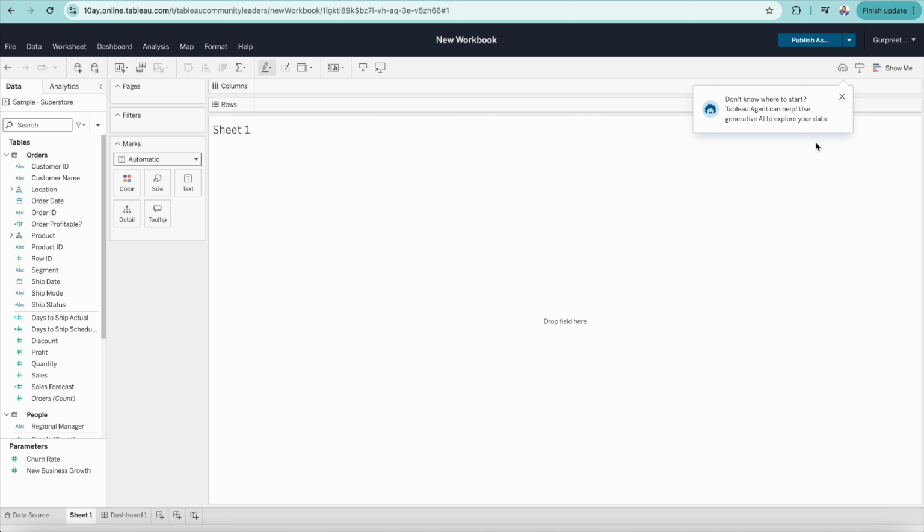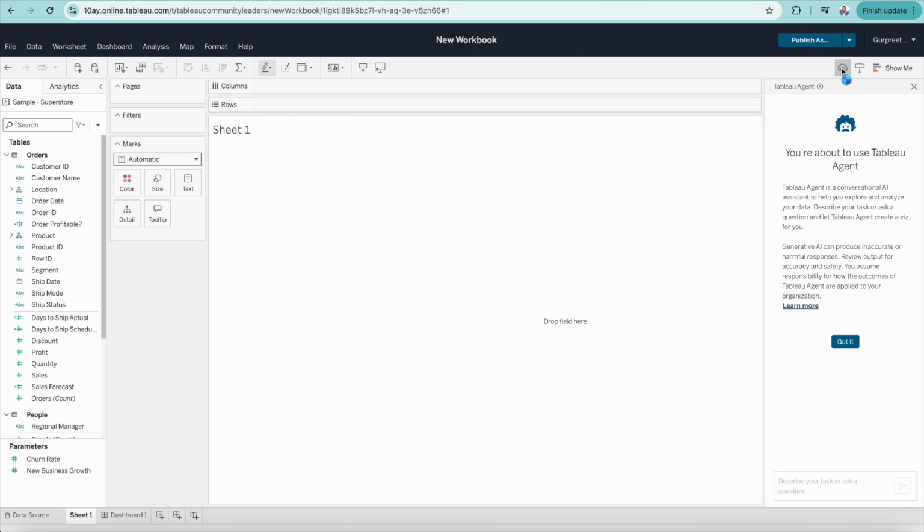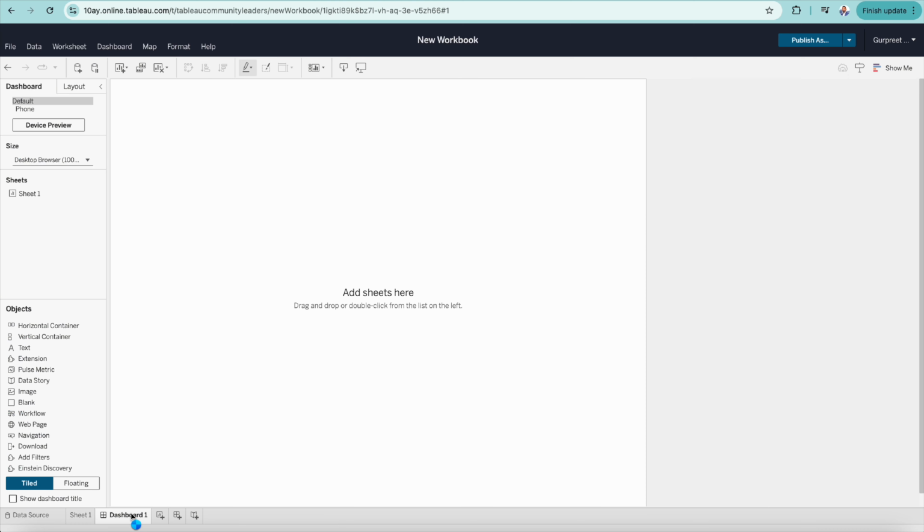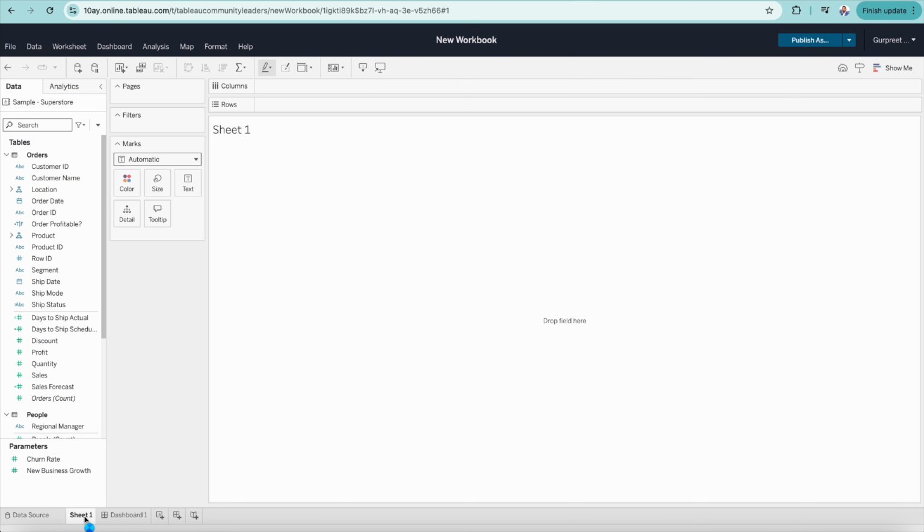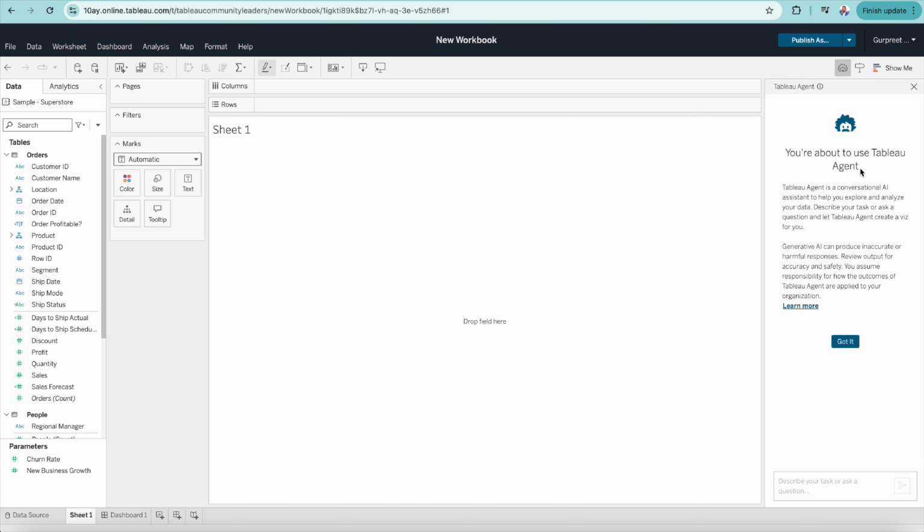And you will see here on the right hand side, this Einstein icon is the Tableau Agent icon, which will help you to use generative AI to explore your data. So simply click on that. And if you see that on the dashboard, this thing will be grayed out. So as I mentioned earlier, it is only available at the sheet level. So let's click on that and let's see what Tableau Agent suggests you